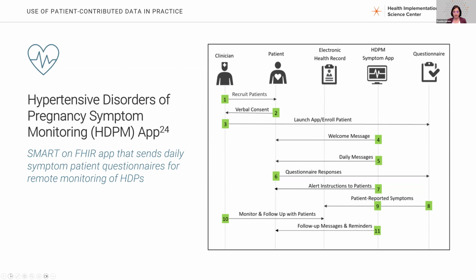What our pilot was trying to do was really to get some blood pressure readings from the mom, but also to collect information about symptoms that they may be experiencing. So things like headaches, vision changes, or upper abdominal pain, warning signs that there might be something else going on with their hypertension, and that needed to be managed. So what this did was that the hypertension app